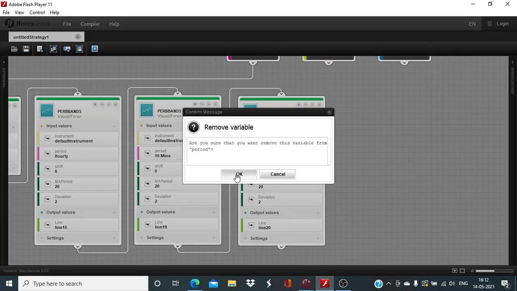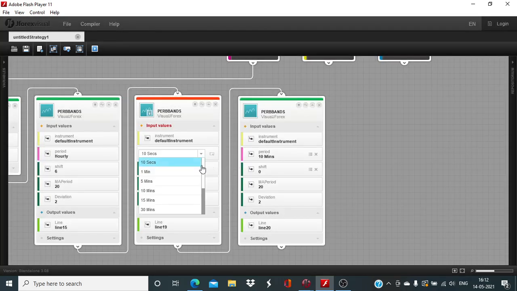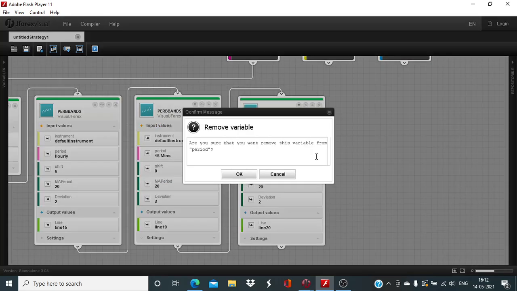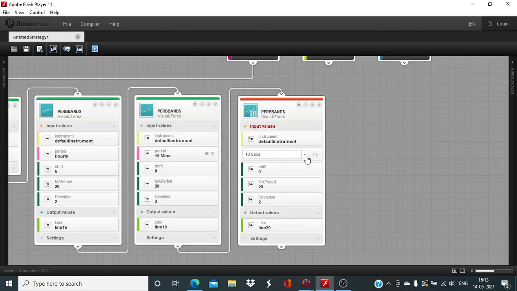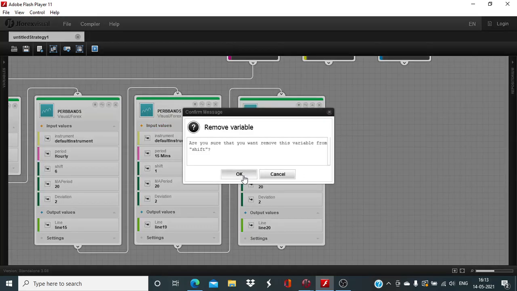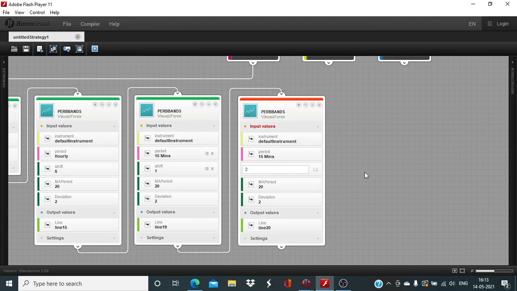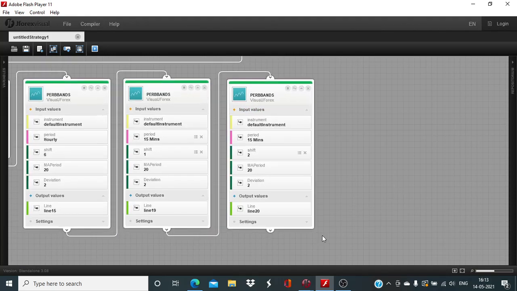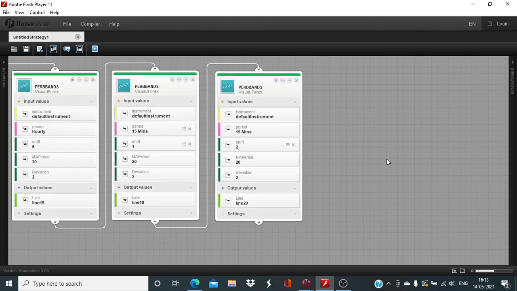These are going to be defined to 15 minutes. And lookback period will be 1 and 2 respectively. 1, 2, okay. And after that, to look at the price action, how the price has behaved in recent past, we will